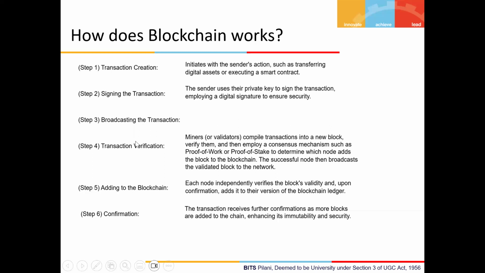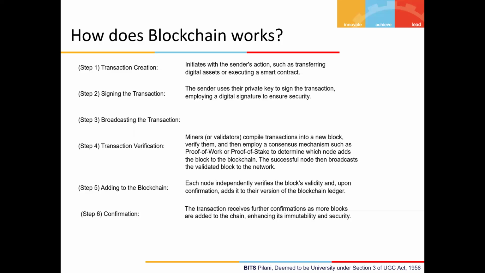Now, some of the nodes will be treated differently. They have some main roles in order to maintain decentralization and security. Those nodes we call miners or validators, right? What they do is compile the transactions, execute the transactions, and put some of the transactions into a block, depending on the block size.